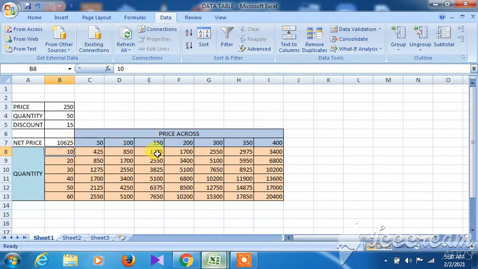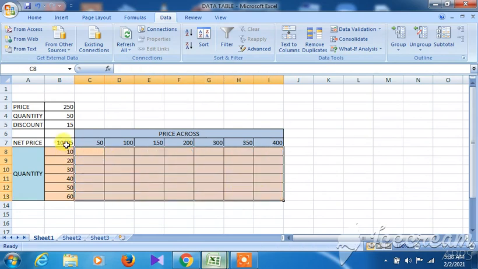So when the net price is changed, the total effect has been done over here. Once more, just see this exercise. First of all, you need to have a formula over here that will calculate the discount. I have done it on discount, but you can do it on another set of data. Then these are the different kinds of quantity when you are purchasing. When the 15% discount is there, then what is the total price coming? 500, and 15% of 500 is calculated and deducted, so it will come around 425 like that. Then 1000, then 1500, up to 2000. From everywhere the 15% discount will be given.